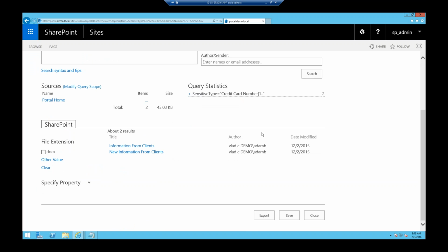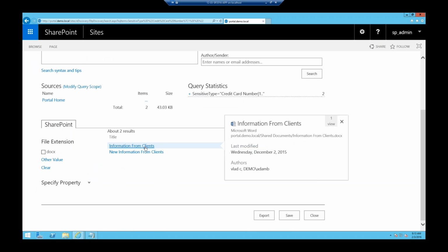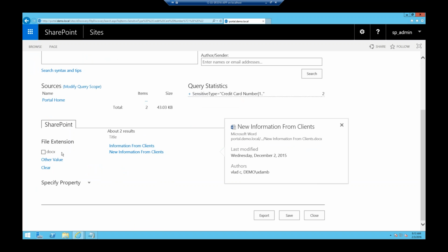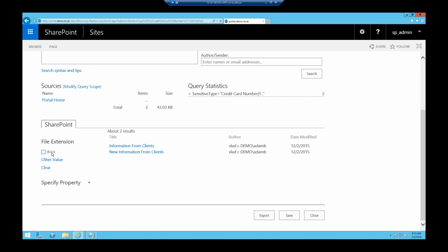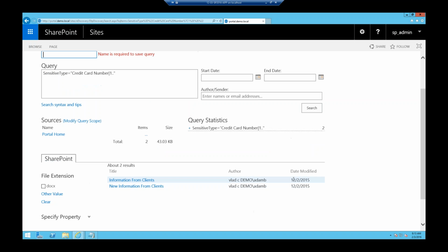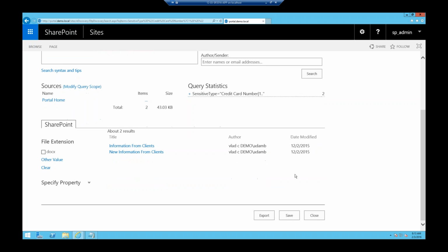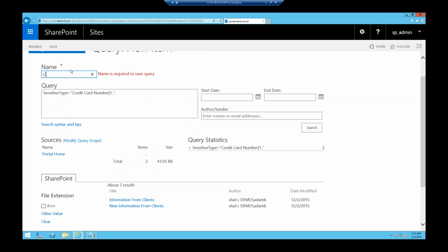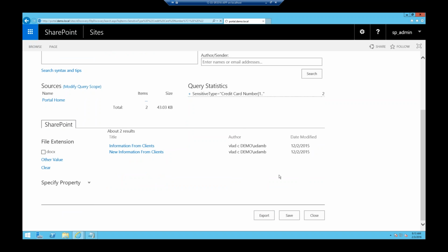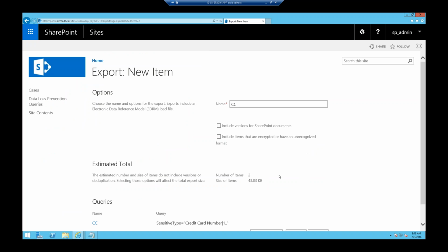There we go. So as you see, I have 2 documents, information from clients and new information from clients. I can see that they're all docx, so Word documents. I can see when they were last modified. I can filter by property, and I can also export them because when you present that at a meeting, when you want, let me give it a name, credit card, you don't always want to give them access to SharePoint. If you want to present something to someone, you just want to give them maybe an Excel file, maybe a PowerPoint. So what I'll do, I'll just